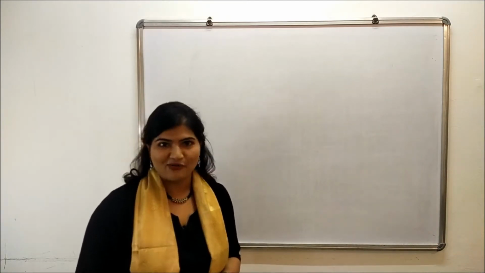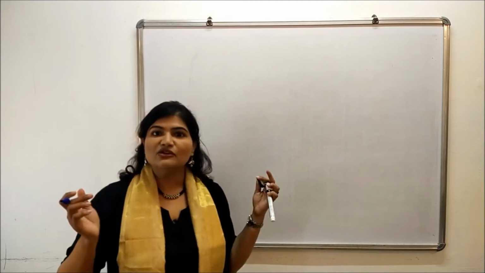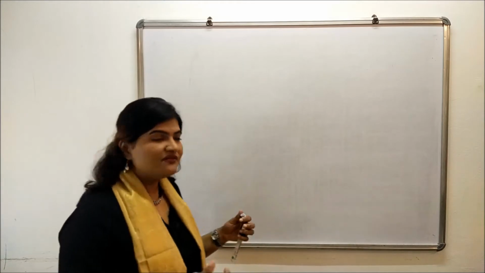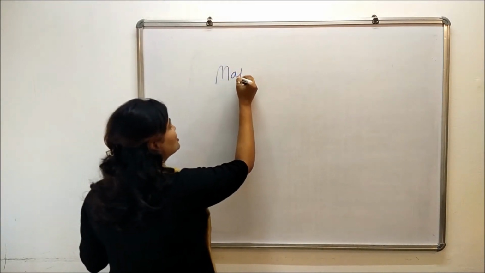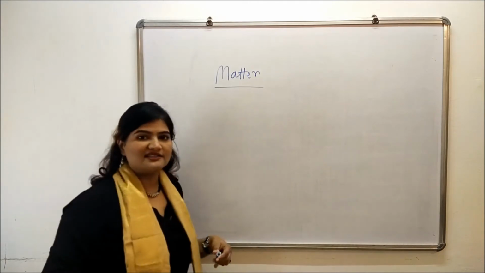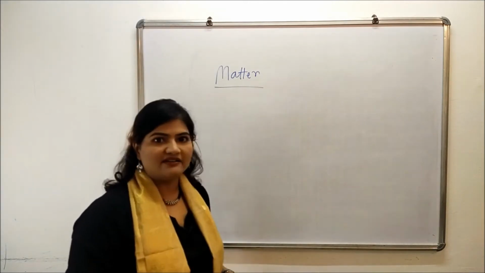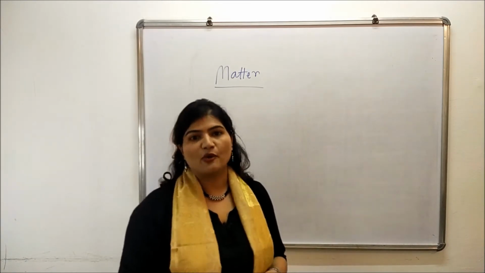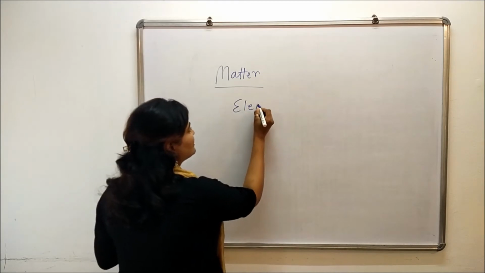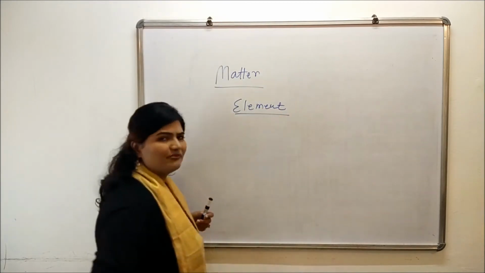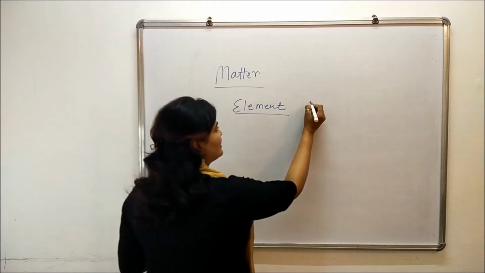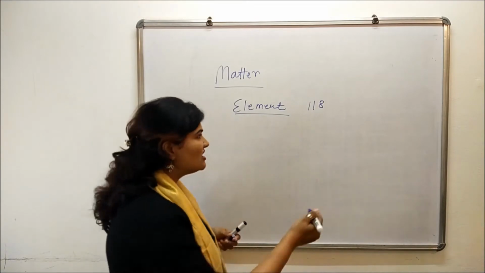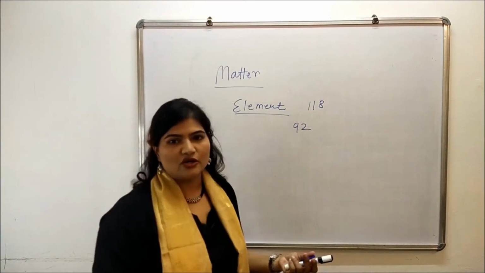So to start from, just have a look around you and see the things. Everything which is around you, which has definite mass and which occupies space, is called matter. And when we say matter, how is this matter made up? This matter is made up of various elements present in nature, and we have made some elements. At present, there are 118 elements known to mankind, out of which almost 92 are naturally occurring and the rest